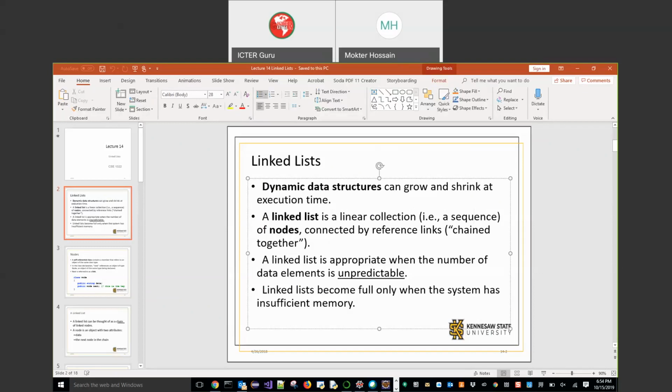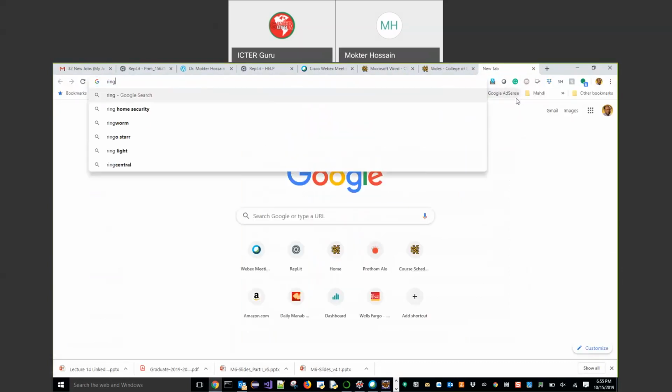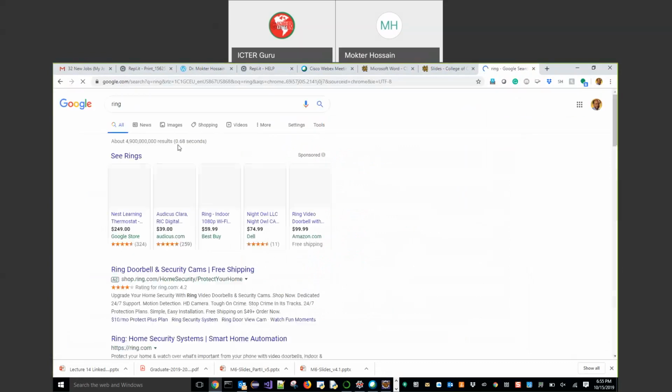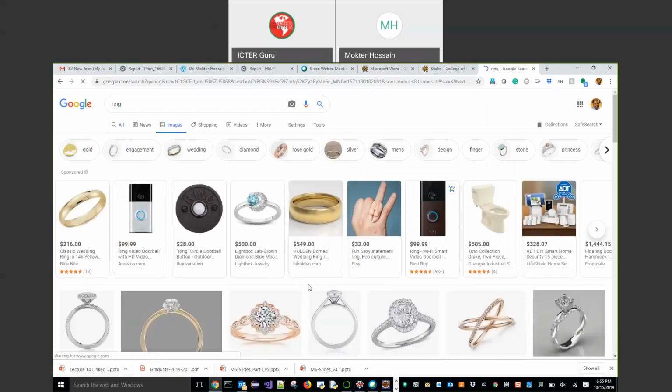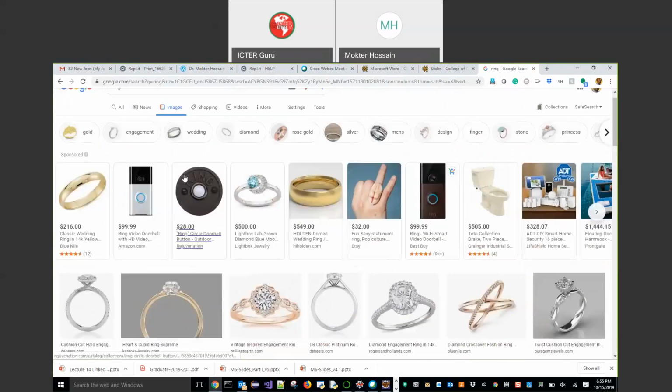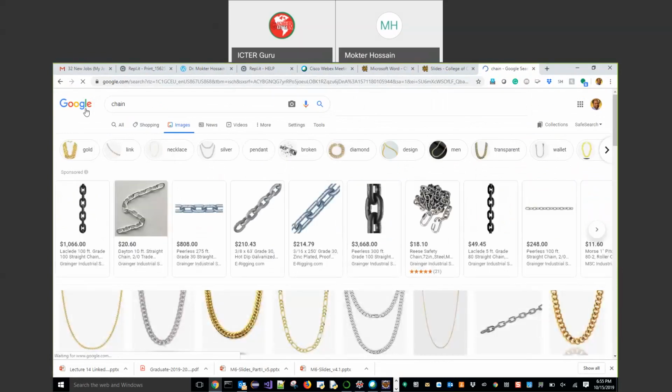So here, for instance, in real life, when you say ring, not this ring, chain. If I search for a chain maybe. Okay, that's good. You see that this is a regular chain. So in this chain, this kind of chain,